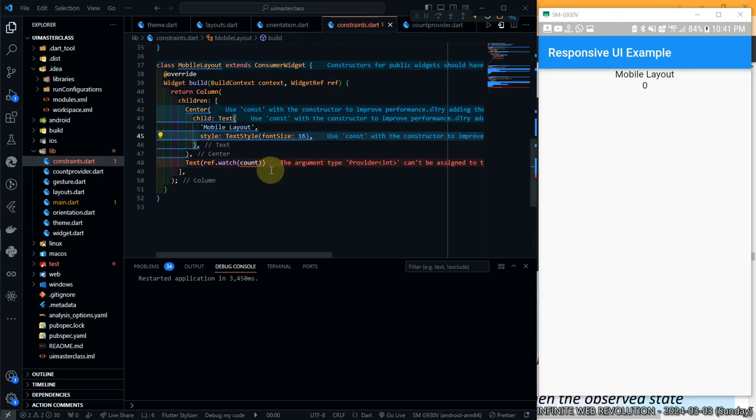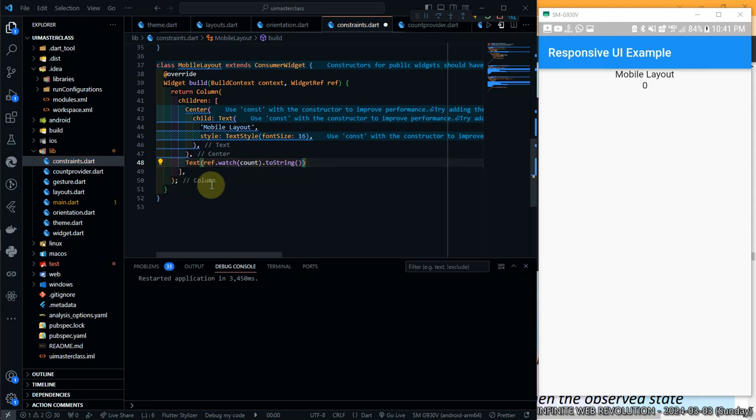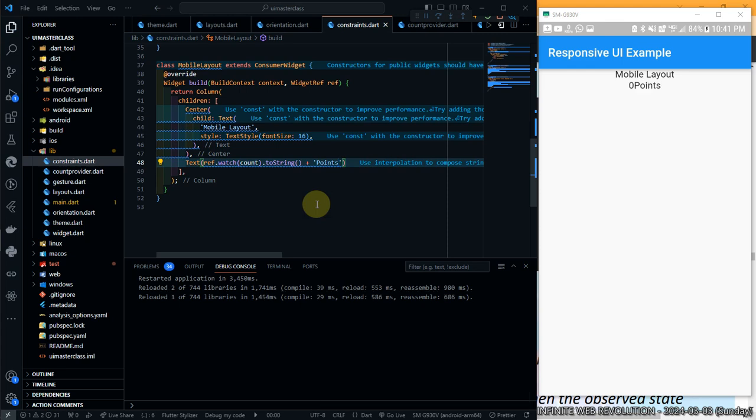So I'm going to come now. The problem here is this actually returns an integer, and what we want is a string. So I'm going to be using .toString. .toString is going to actually convert our output into a string, right? So this was returning an integer, but we're going to give it a string. So now you can actually see a 0. Then I'm going to put here plus, I'm going to say points. So 0 points